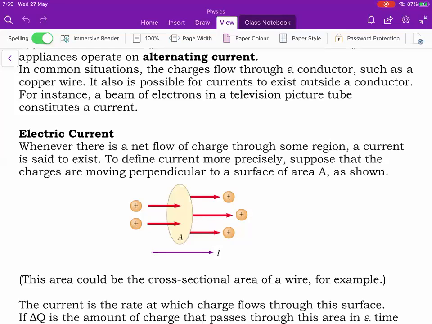In this case, it could be anything else also. So, if you have a conducting wire and you say that there is a current flowing through it, we basically mean that some charges are moving continuously. There is a continuous stream of free charge that is moving across any given cross section.